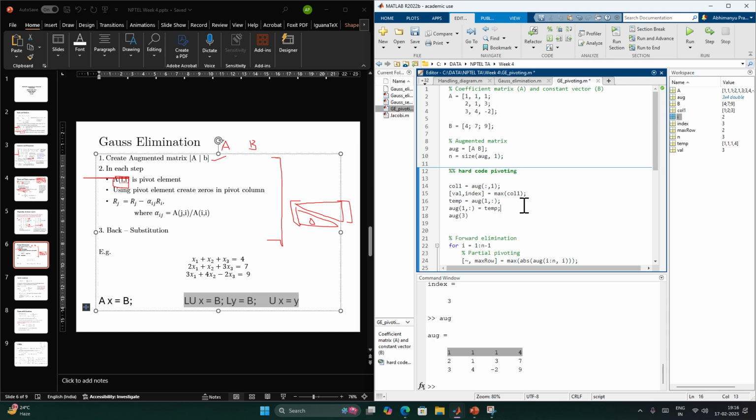I will store the first row in the temporary variable, and I will make the first row the same as the third row, and then I will replace the third row with the first row, that is the temporary. Okay,